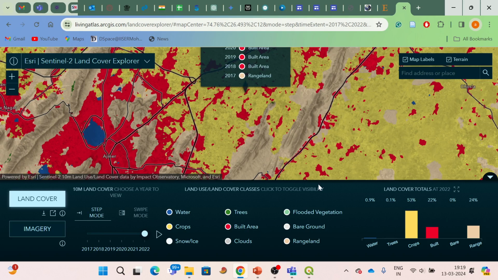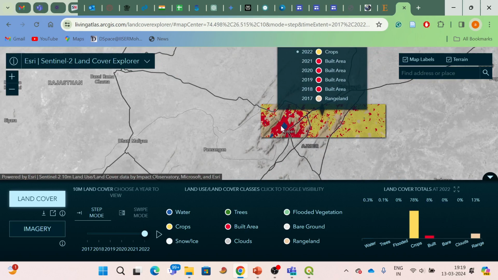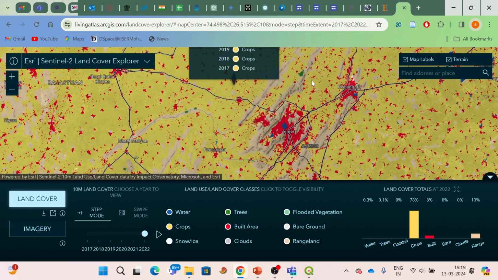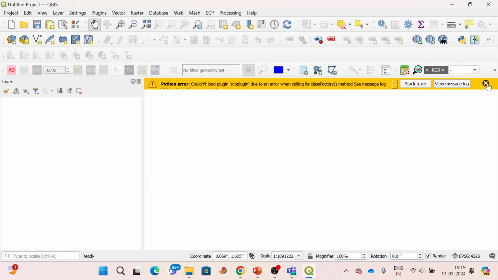So for whatever area you are classifying, you can go to this site and just see what all classes are there, and then apply it to your classification. Okay, so that's why it's helpful. So maybe when you will be trying to classify, you can use this one. Okay, so